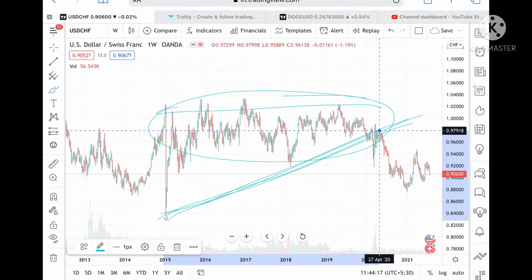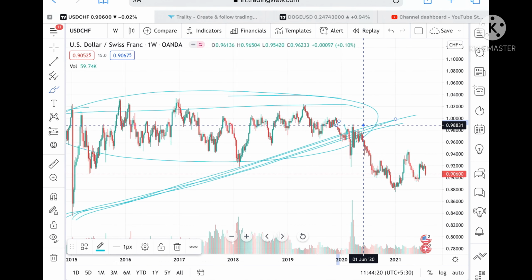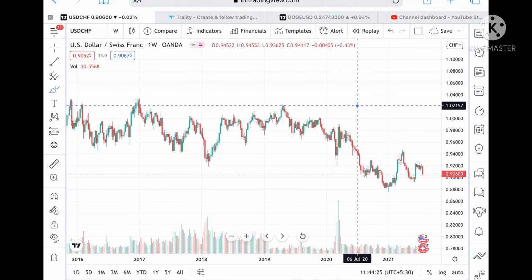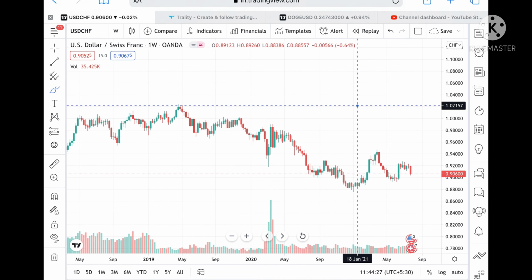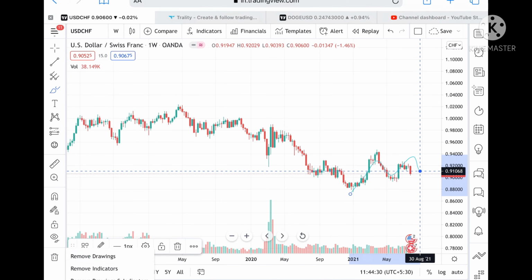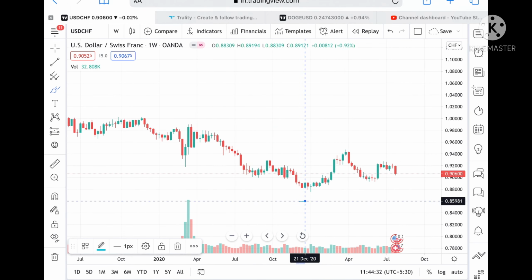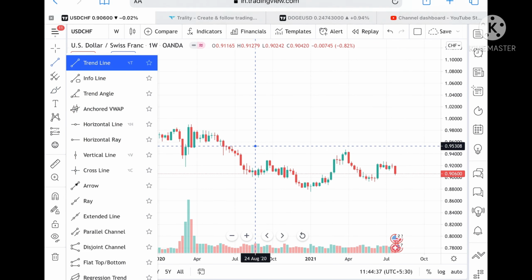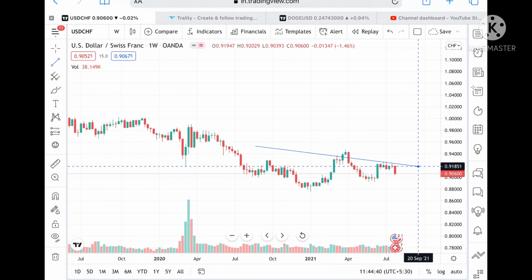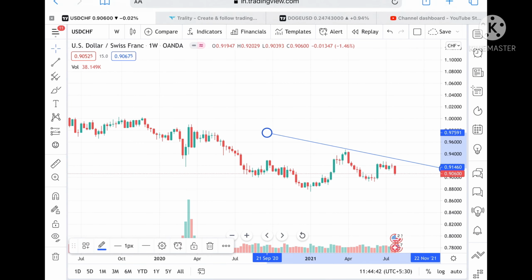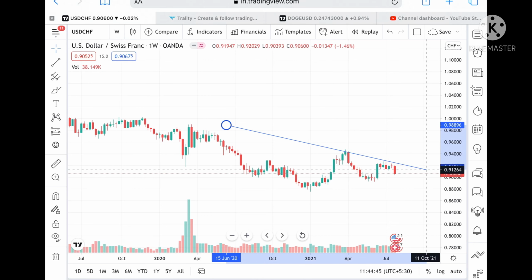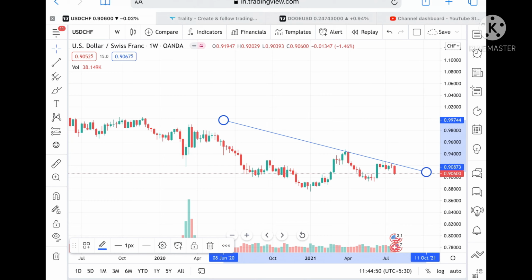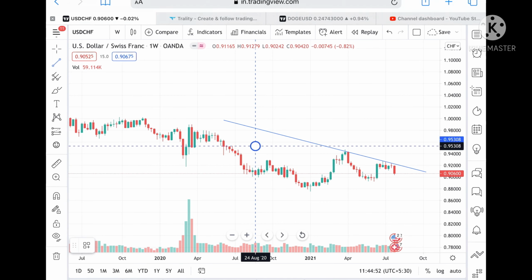Okay, so what we can see here is that now it is moving in a particular range. And what is the range? We can see a narrow pattern is forming here. Once this narrow pattern breaks, I can make that pattern for you. Once this narrow pattern breaks upside or downside, then we can see a further fall or rise in the price of USD CHF. So this is a narrow pattern forming.